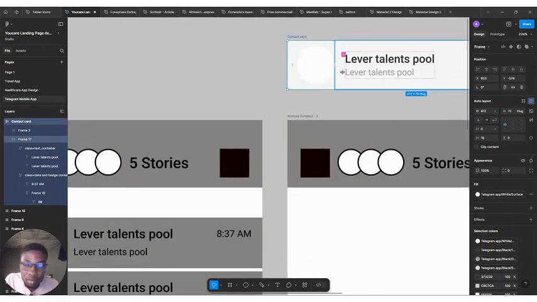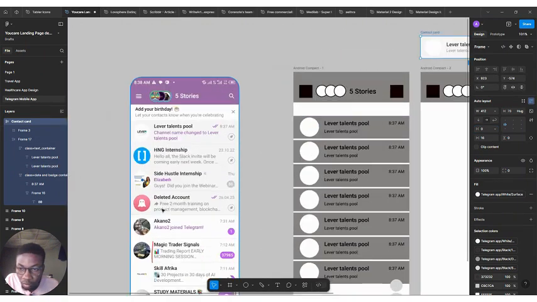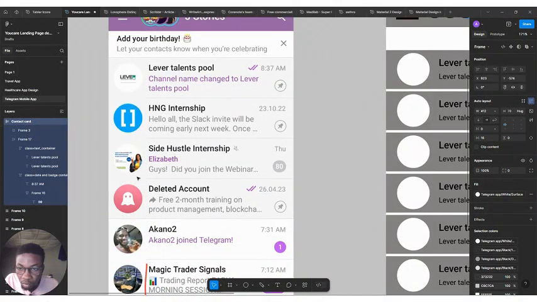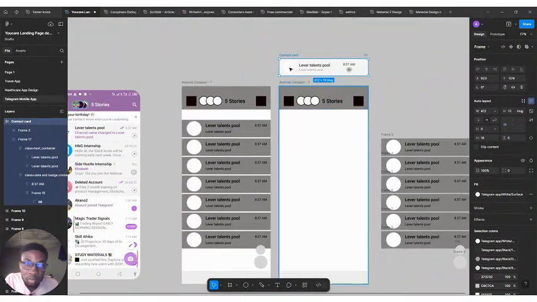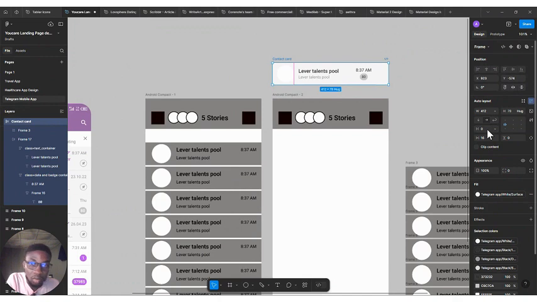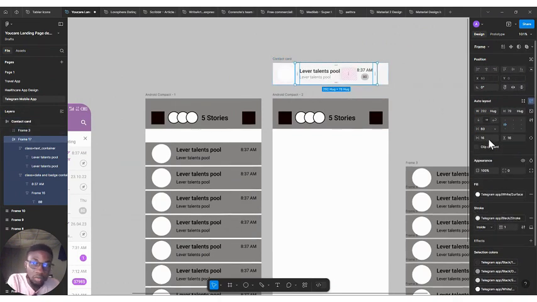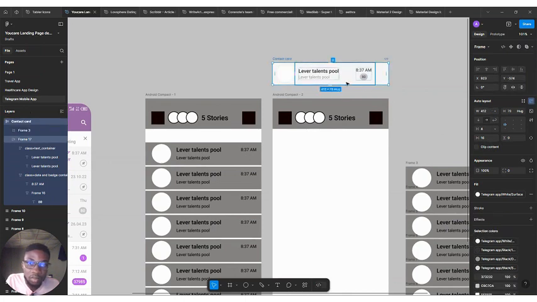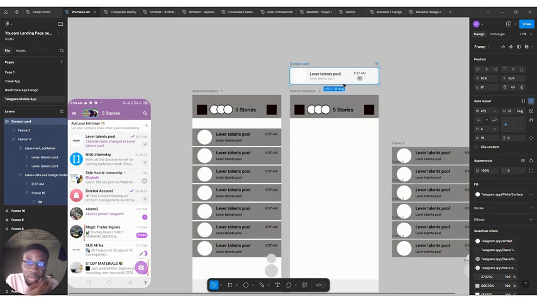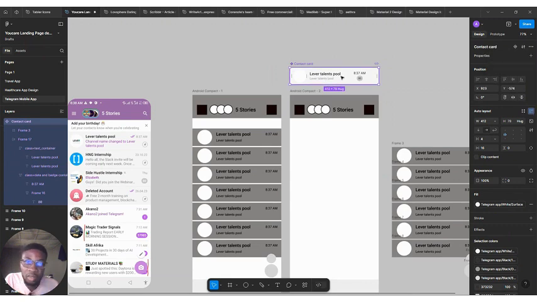Yeah, I think that works. Now, or with a 4, and then for here we reduce this to 12. Yeah, something like that. All right, I think we are good to go with this. So let's make it a component. All right, now we have a component that we can reuse